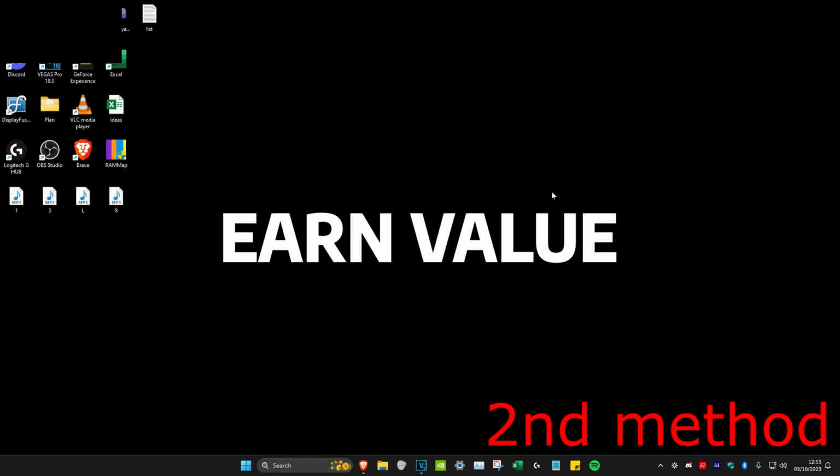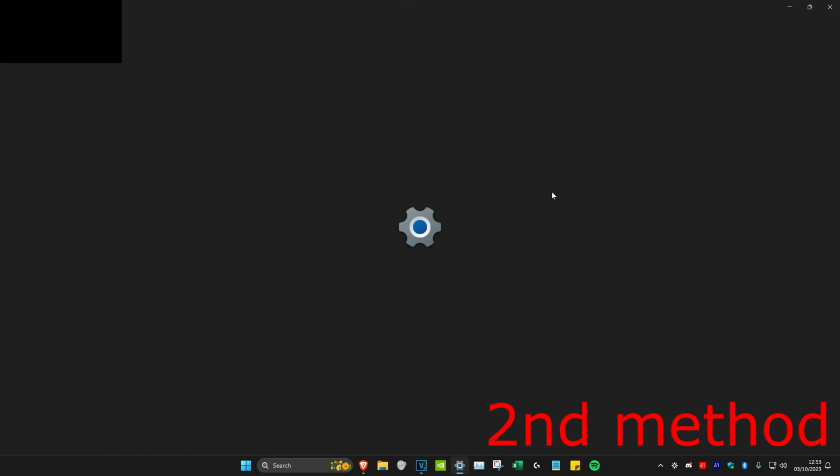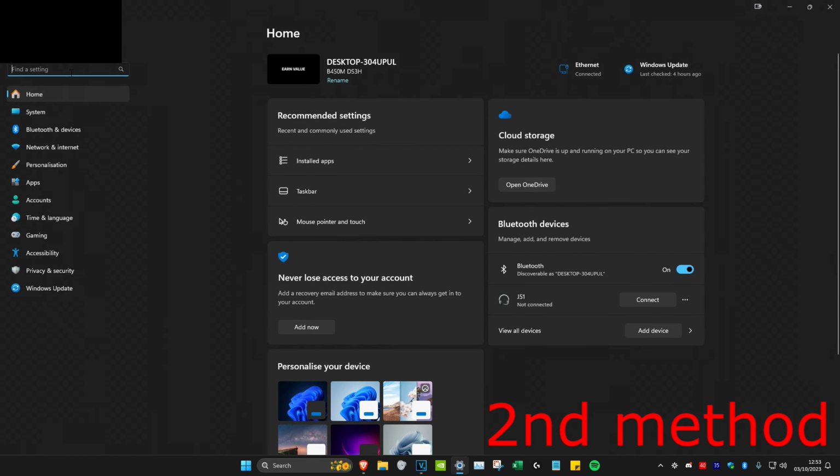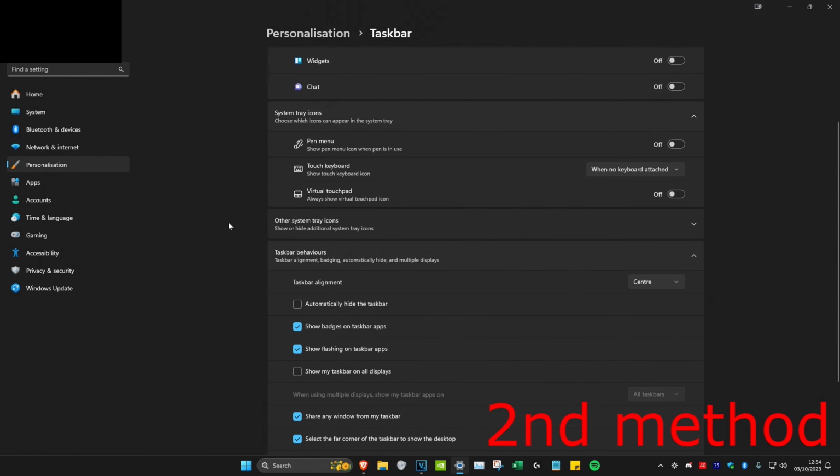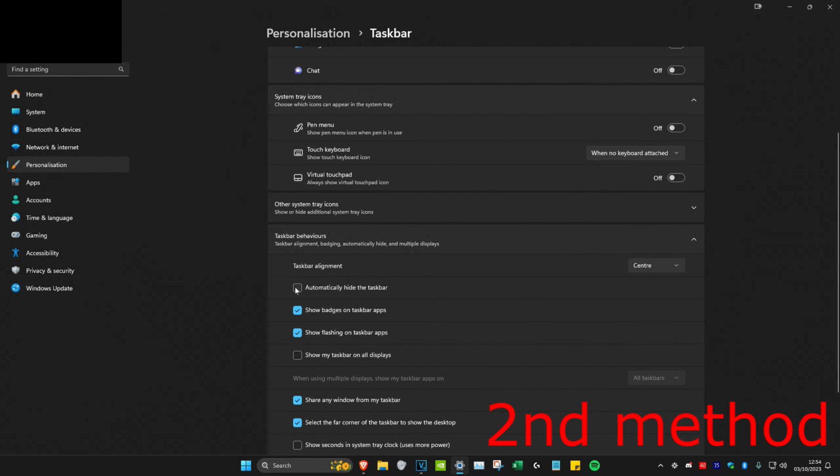For the next method, click on Windows button and I on your keyboard, which will take you to settings. And then we're going to search right here, Taskbar. And then Taskbar settings should come up, click on that. And then you want to click on Taskbar Behaviors, and then make sure that automatically hide the taskbar is unticked. But if it already is unticked, then just tick it, and then untick it again, and then see if it